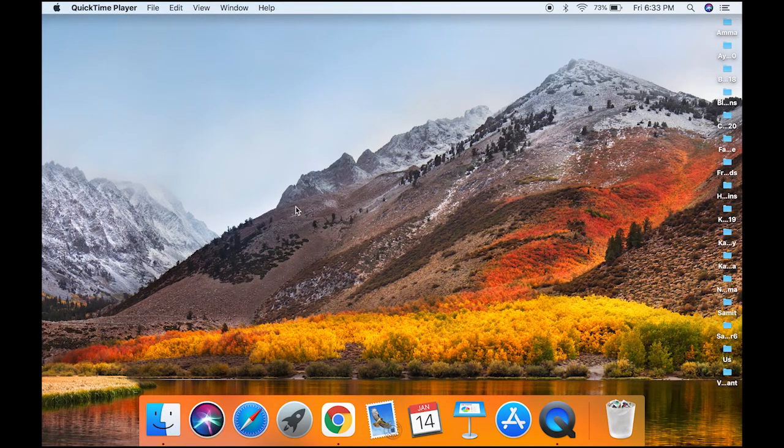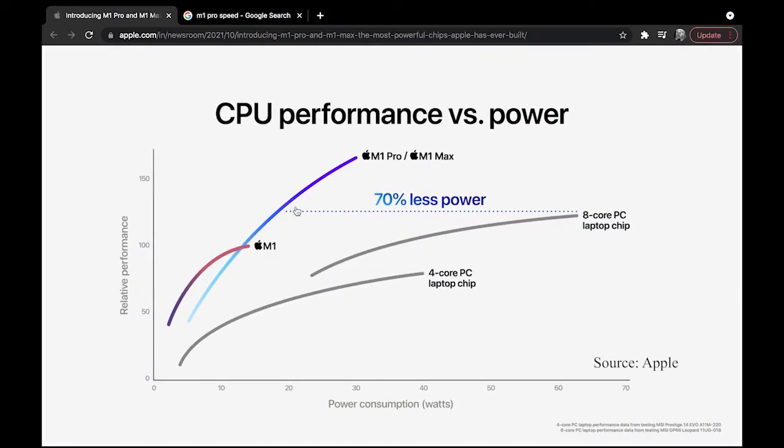So the new M1 Pro and Max, well, they have a lot of power, but exactly how much? This graph is the closest to what tries to show us the power. We're not going to be looking at power consumption, but the power. So the old M1 was somewhere around, you know, 1000 megahertz, and the new one, the M1 Pro and M1 Max, it starts from about